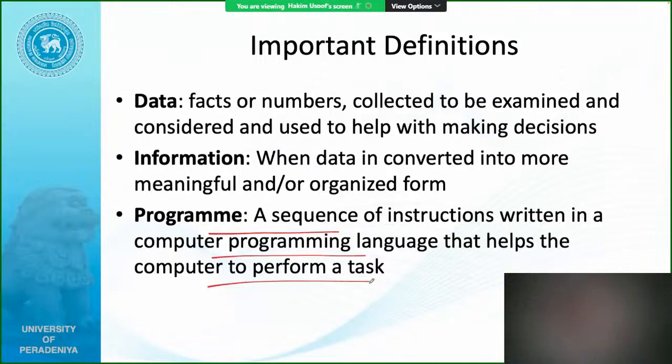How do you add two numbers? You have to tell the computer how to add two numbers. You have to ask the computer, okay, how are you going to identify the number plate? How are you going to do that? How are you going to identify a three-wheeler or a bike or a car or a lorry, right? How are you going to count them? How many cars, how many three-wheelers? You have to tell the computer every single instruction on how to do it, right? You can't just tell the computer count cars. It wouldn't know how to count cars. You have to tell them